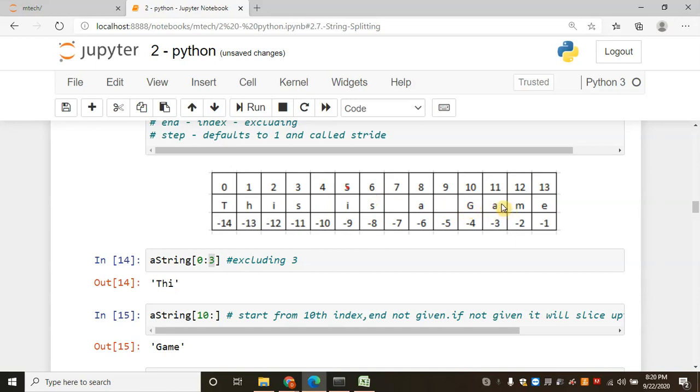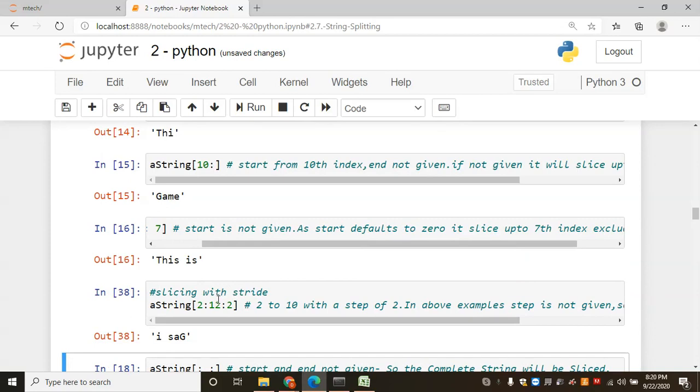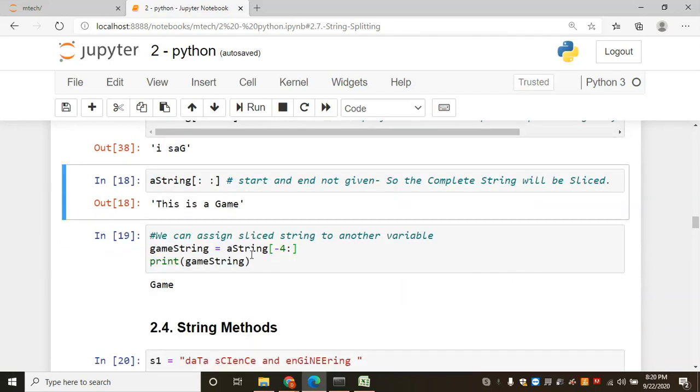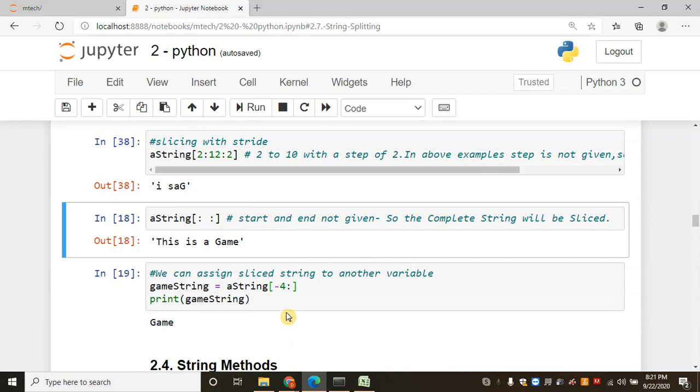Because we wanted to slice up to 11, as it is skipping by 2, it will slice up to 10. The 10th element is G, so we got it printed here. If start and end are not given, the complete string will be sliced. We can assign the sliced string to another variable like this: game string equal to a string of -4 colon. It will slice the word game because we start at -4. As end is not given, it will slice up to the end.